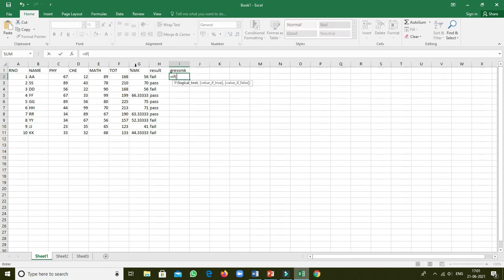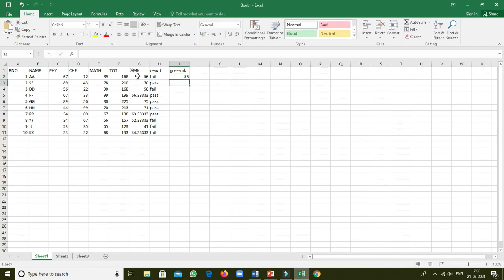If percentage of mark is less than or equal to 55, then add 10 marks. Add 10 marks to whom? To the percentage of mark. So that is G2 plus 10 marks is added. Otherwise in G2, 0 will be added, means no grace mark.